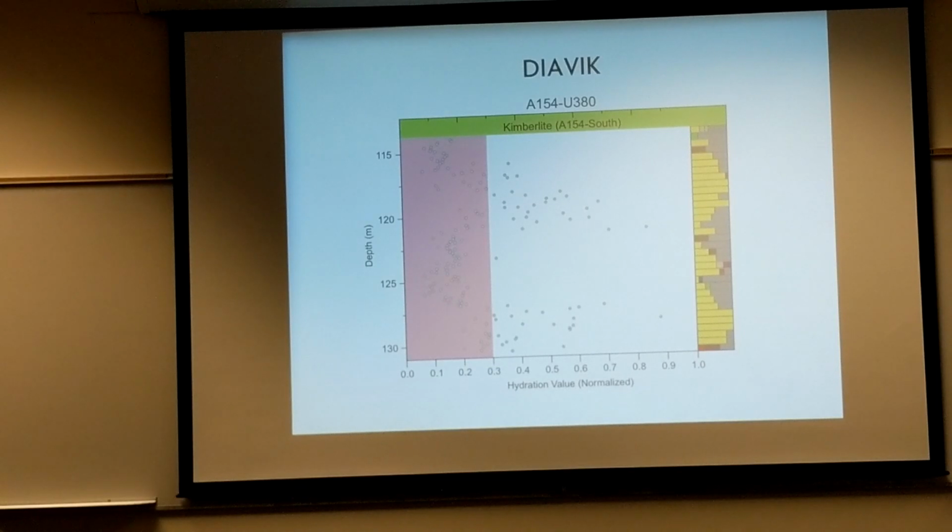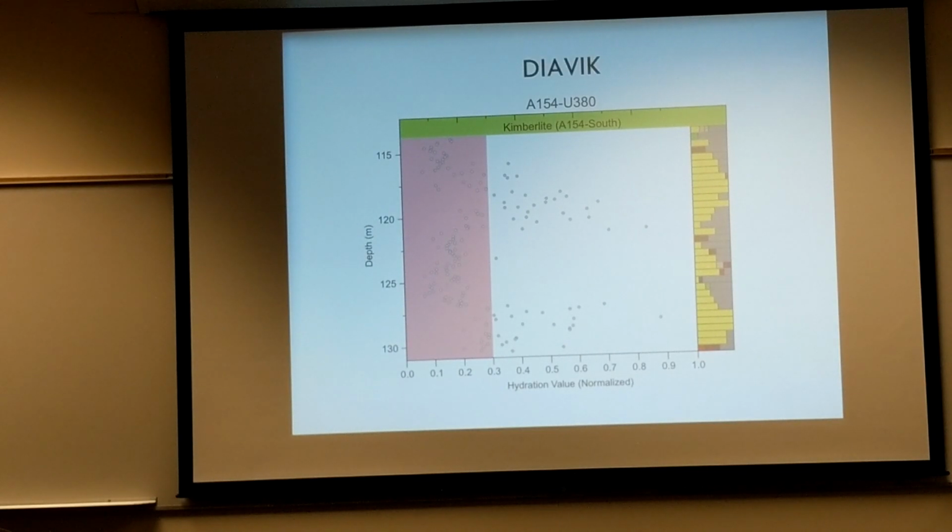Diavik. Ralph went to Diavik and measured the A154 south kimberlite and crustal rocks around A154 north. And what's interesting is that this is a different scale. Before we were measuring one spectrum every meter, and then we thought, okay, let's see what's really happening on the fine scale. What happens if you measure one spectrum every 10 centimeters and see what that heterogeneity looks like? And what happens is that you can see close to the kimberlite that there's something else happening